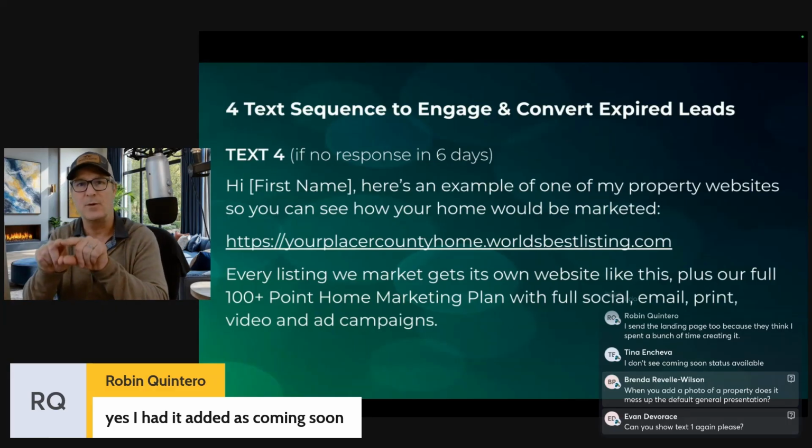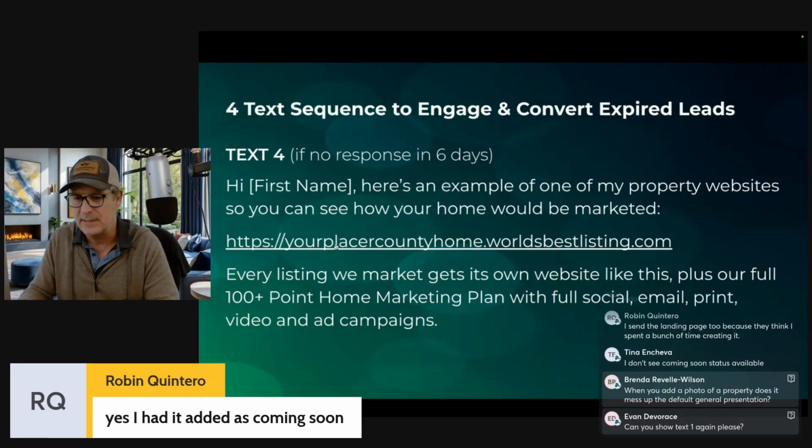Remember, we were looking at the flip book and the PDF for the listing presentation, and it was highlighted in yellow, and it was like that world's best listing. That's what this is right here. And I'll show you where you can edit that. I just made it your Placer County home,